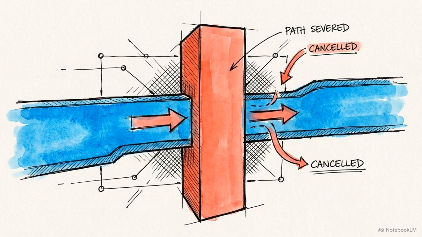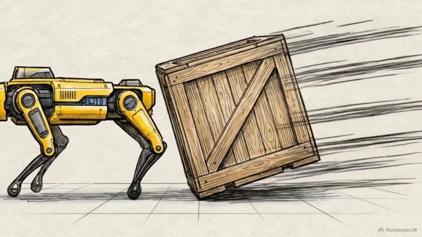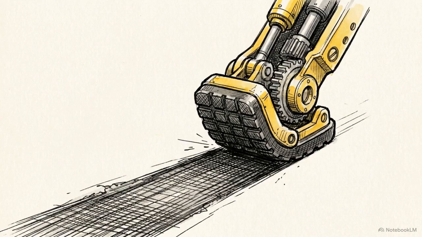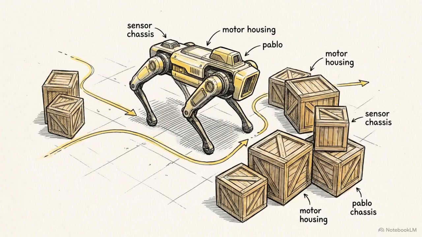At any point, the client can issue a preempt command and cancel the active goal mid-stride. If a perception node detects a sudden obstacle moving into the robot's path, it doesn't have to wait for the 2-meter walk to finish. It aborts the action instantly, applying the brakes before impact. By combining goal-oriented requests with asynchronous feedback and immediate cancellation capabilities, actions enable the complex, non-blocking control loops required for